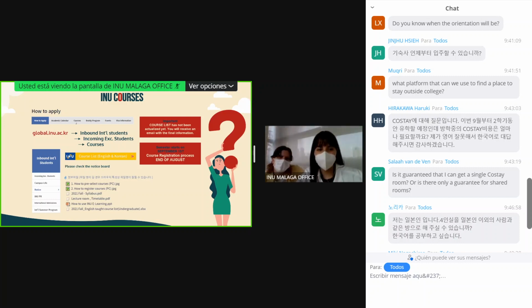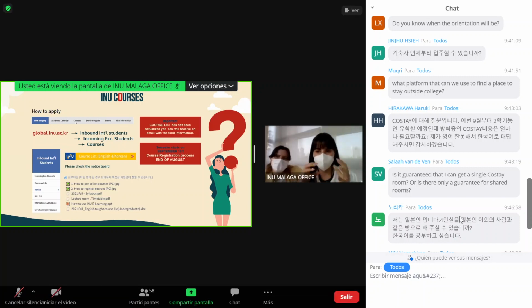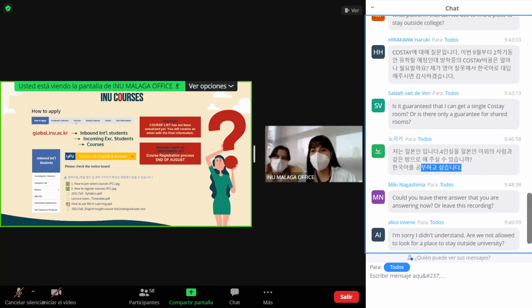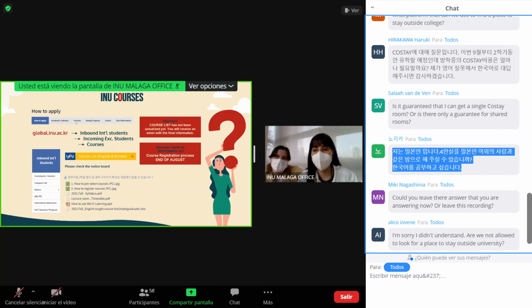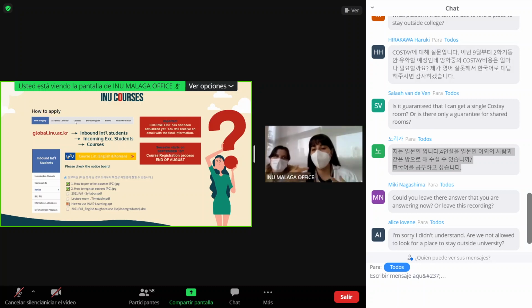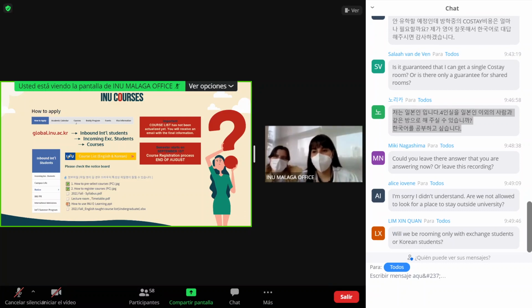We will try to leave the things that we're saying right now written so you can have all the information. And yes, international students are not allowed to live outside campus, only in the dormitory. You'll be rooming only with exchange students or Korean students. Usually exchange students are paired among exchange students. Only if there's an odd number, you may have the experience to share with students of another nationality. But it all depends on the time of application.